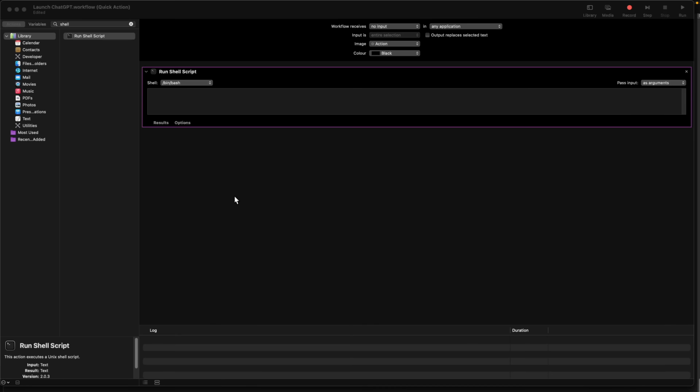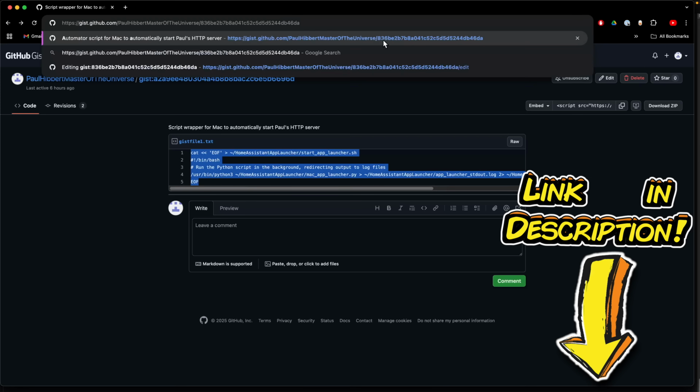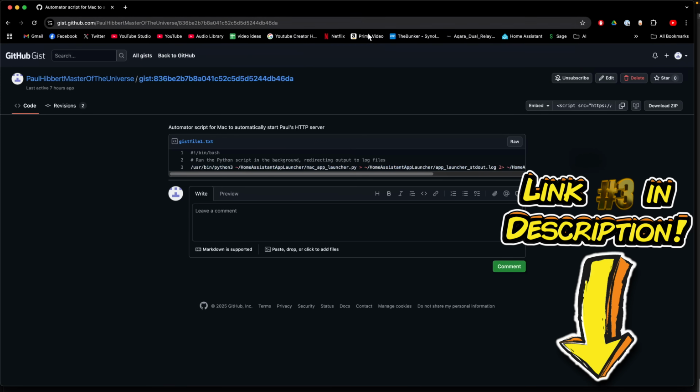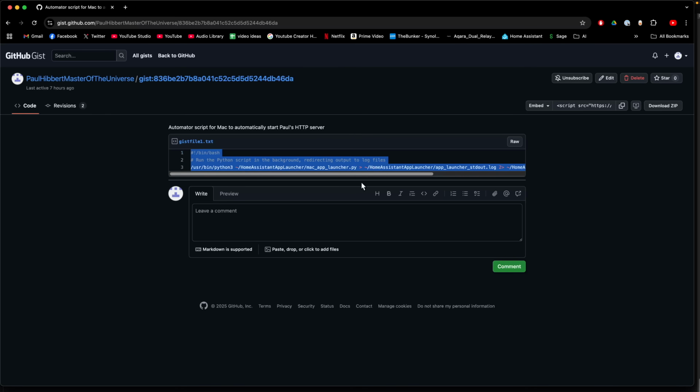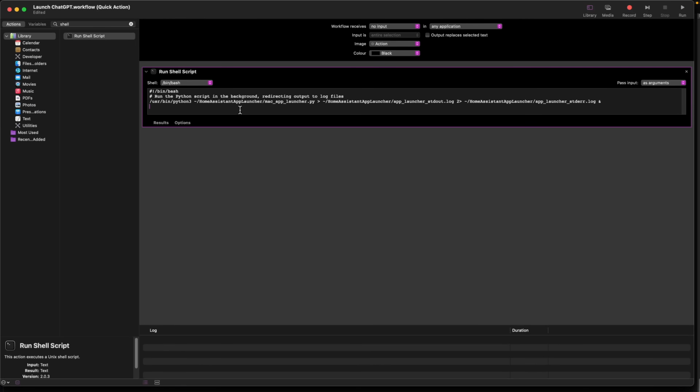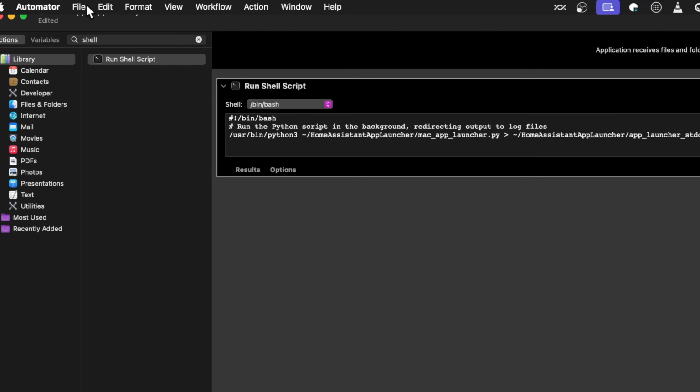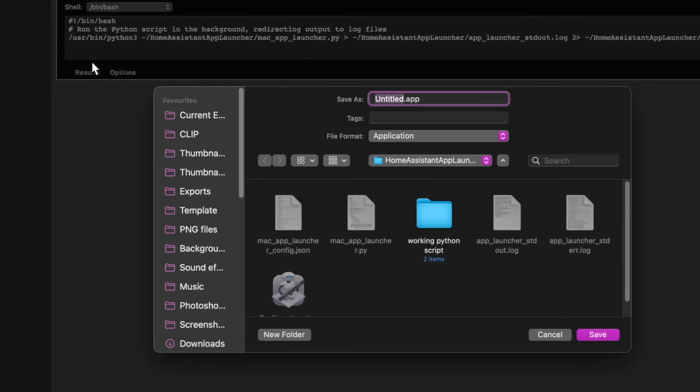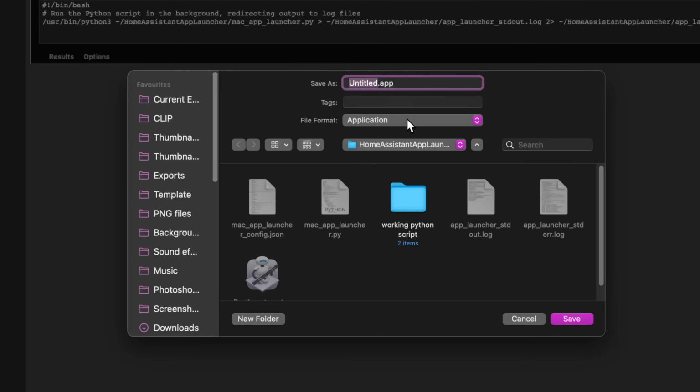I'm going to replace this empty window with the contents from this file, which is the next link in my description. Visit this address, it's another gist.github, and copy this information to your clipboard. All of it, make sure you've scrolled all the way across, that whole thing's highlighted. Control-C to copy that, and then paste. If you then go to File and then Save, it's going to ask you what you want to save it as and where you want to save it.